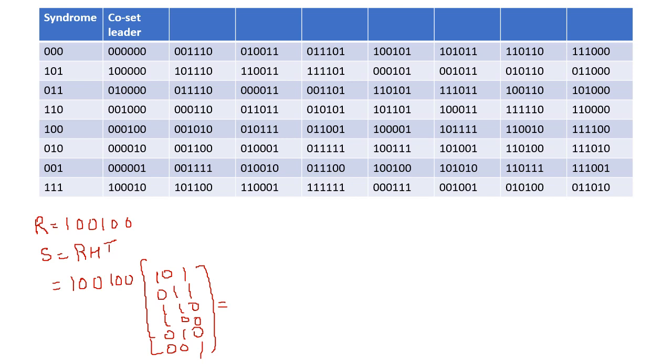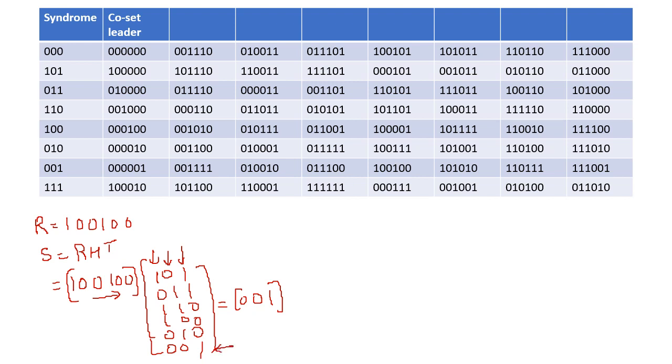After doing row-column multiplication, the received vector R with the first column gives 0, with the second column gives 0, and similarly with the third column gives 1. So usually we see where this syndrome is present in the H transpose matrix.